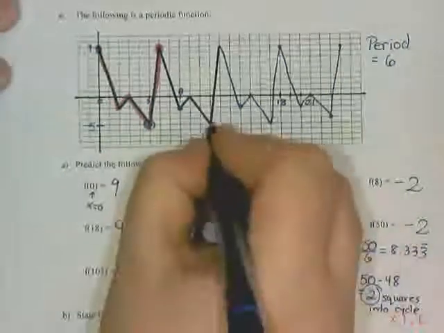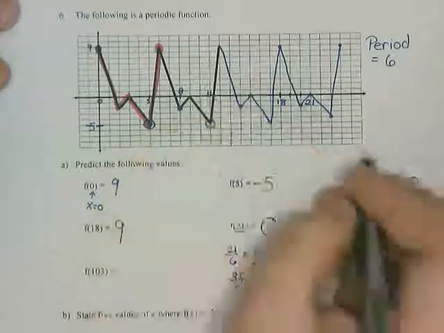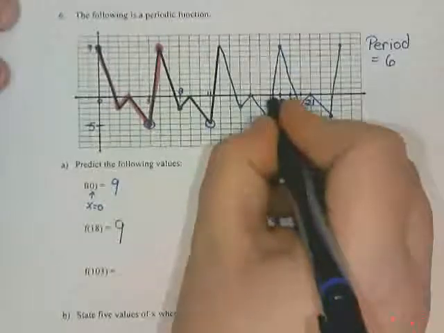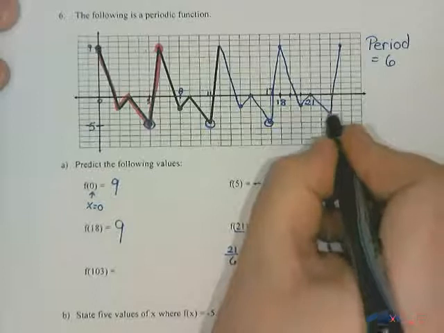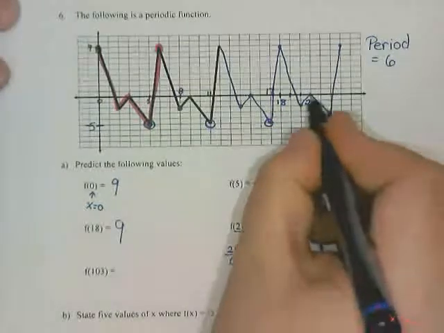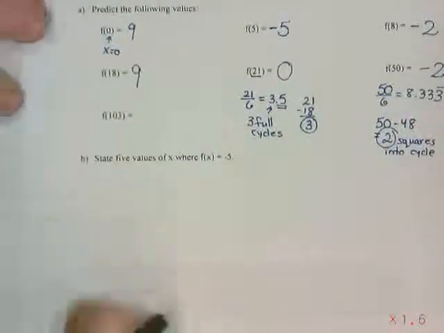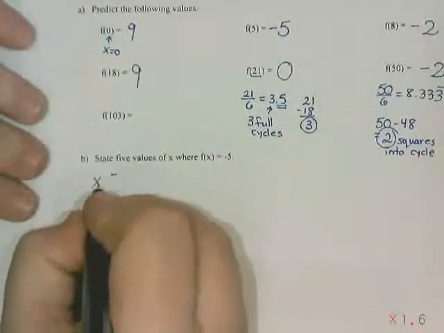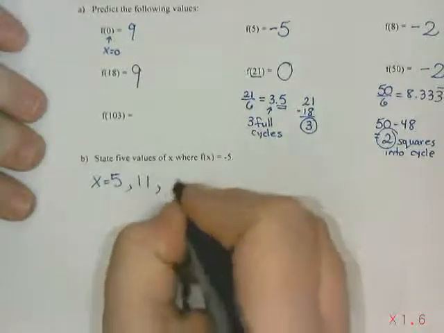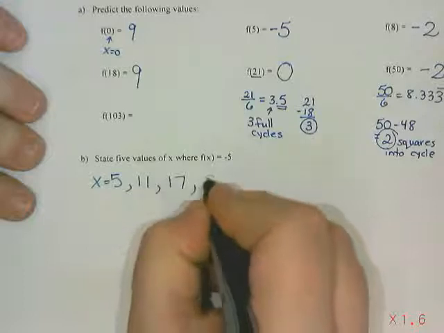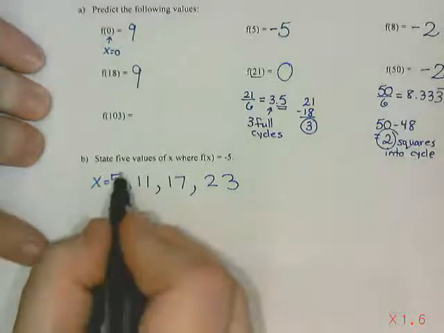I've got 5. This one here would be, that's 8, 9, 10. This is 11. This one here should be just before 18, so 17. And then this one here, I don't think I drew it down far enough, would be at 21, 22, 23. So that's 4 of them. So I've got 5. So at x equals 5, 11, 17, and 23. Now if I take a look at those numbers, I notice here that to get from 5